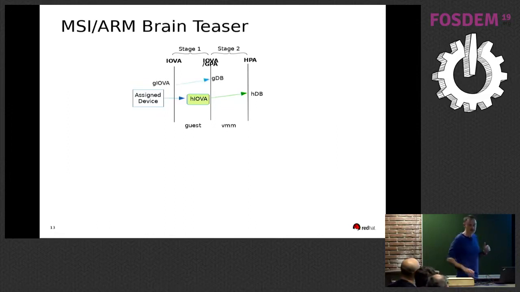On the guest side, the guest is also exposed to a virtual IOMMU, so it has exactly the same trouble. It needs one guest IOVA to translate into the guest doorbell, but both mappings do not match. So if you do not do anything special, each time the assigned device performs an MSI, it will fault at stage 1 because there is no mapping.